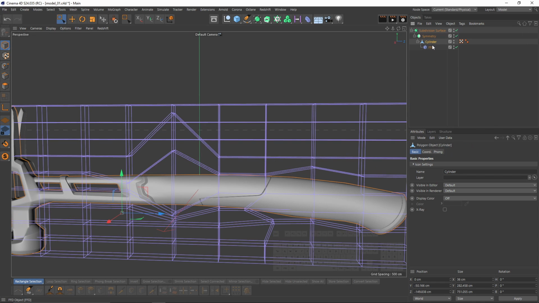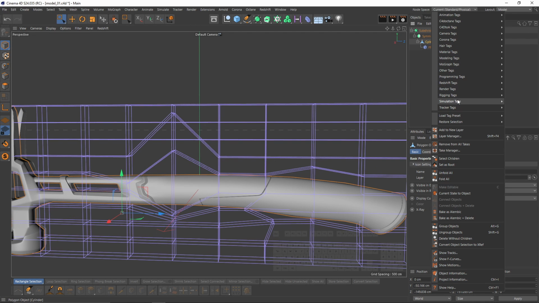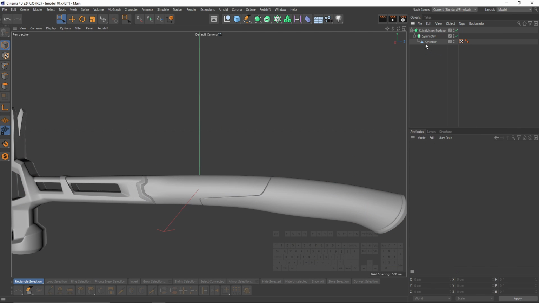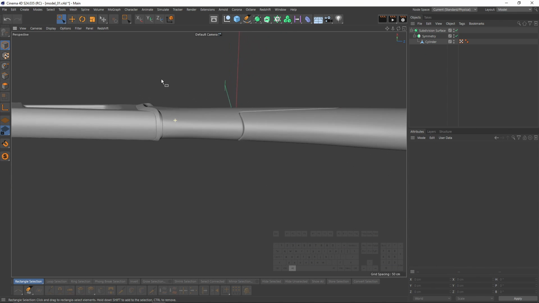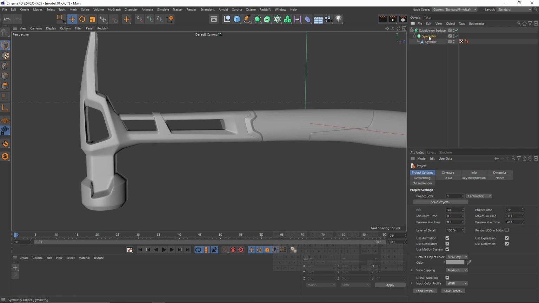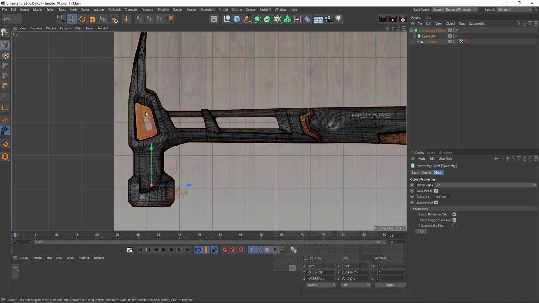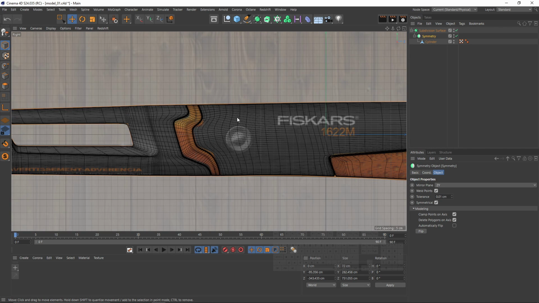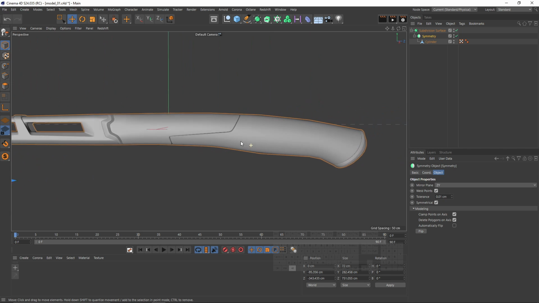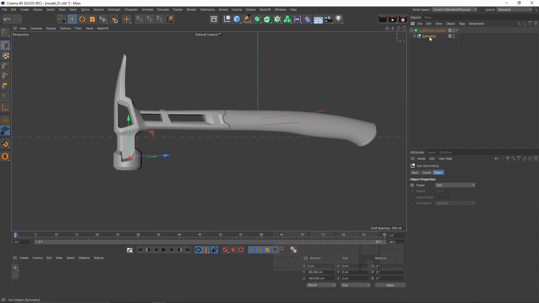Okay, let's make that FFD editable. Select cylinder, right click, current state to object, and delete. All right, I think this is enough. I am leaving that part to you. Maybe that part also. Finally, we can make that symmetry editable